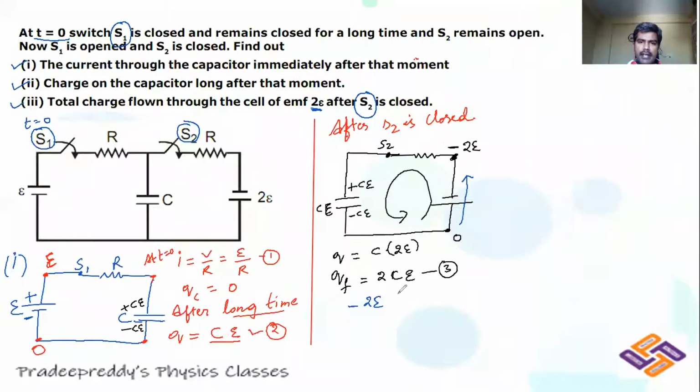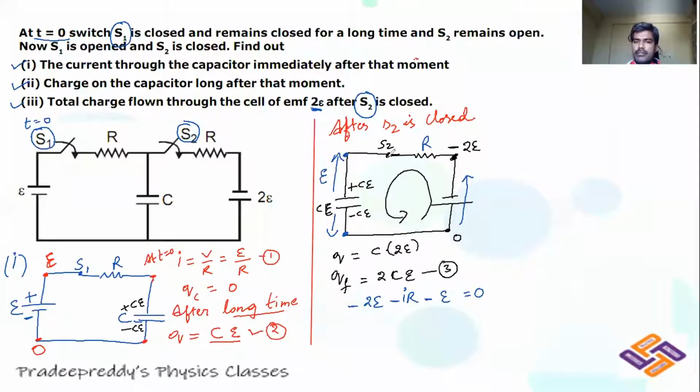So I will be writing it as minus IR, because the voltage dropped across this resistor R is IR. Minus IR minus E is equal to 0. Why am I taking minus E here? Because the potential across these two points, as it has been charged with a battery of E, the potential difference across here will be E. Understand that carefully.